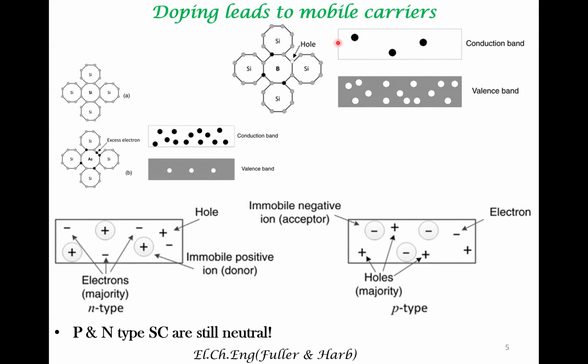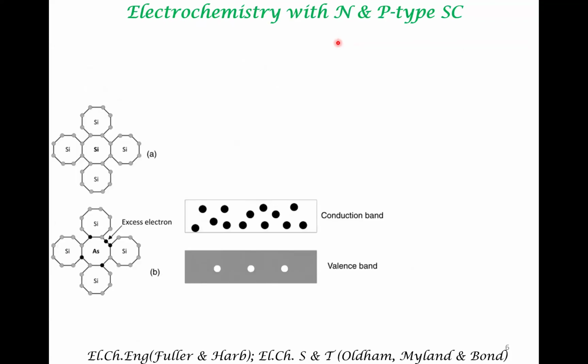Essentially, doping leads to availability of mobile carriers that contributes to conduction of current. It is possible to do electrochemistry with N and P-type semiconductors. So you may imagine that because a lot of electrons are present at higher energy, this N-type semiconductor can be utilized as a reductant for